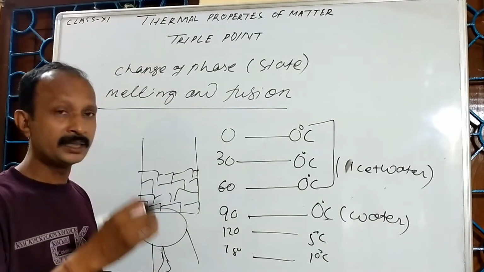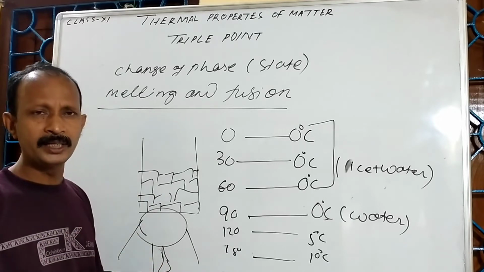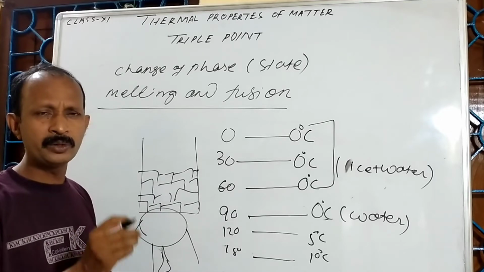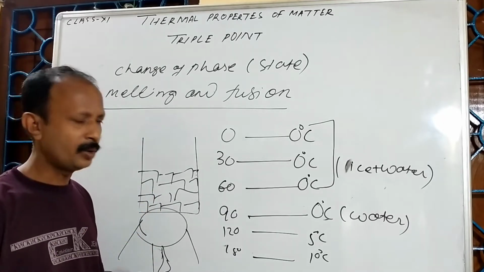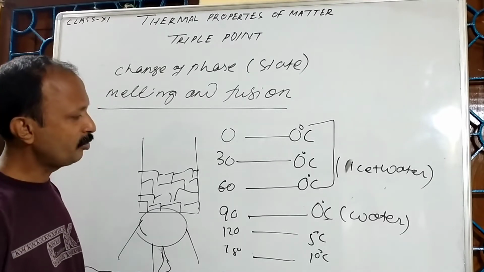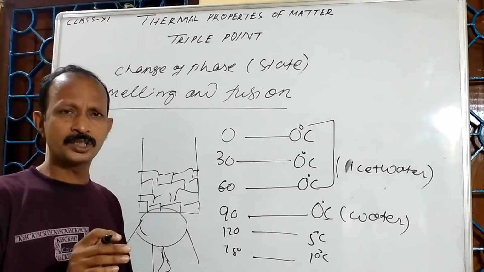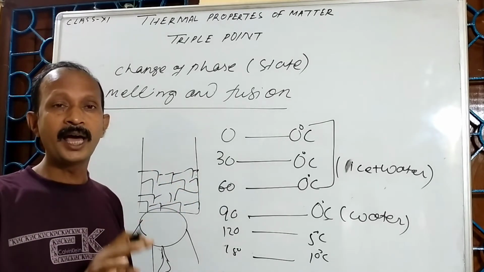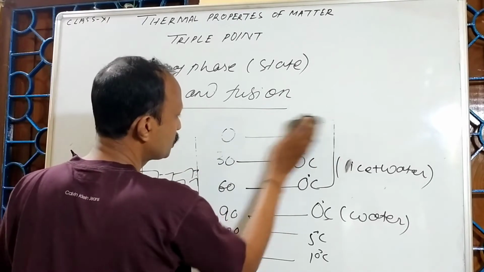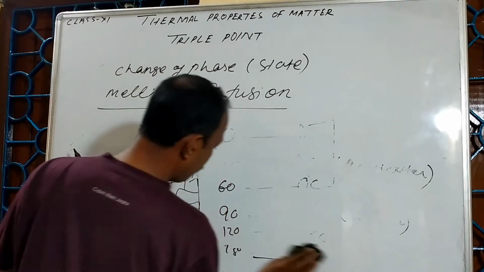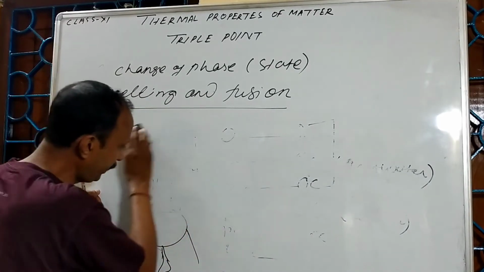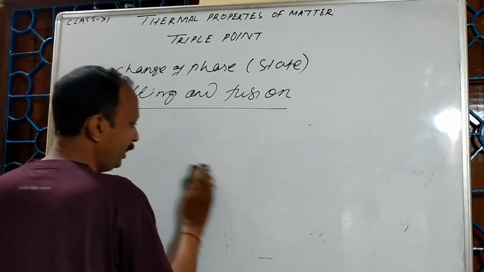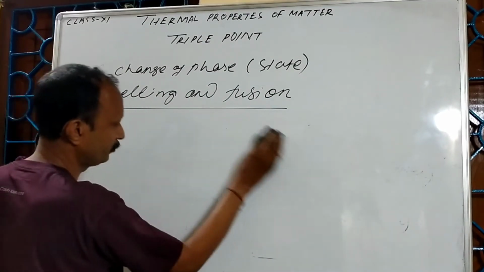The fact is that heat what we are supplying, it is utilized to convert the ice into water, to break the bond between the particles present in ice. Okay? So here we found that substance changed from solid to liquid. But during changing time, there is no change in temperature. So I can say that the process is called melting. The process of changing of a solid into liquid.